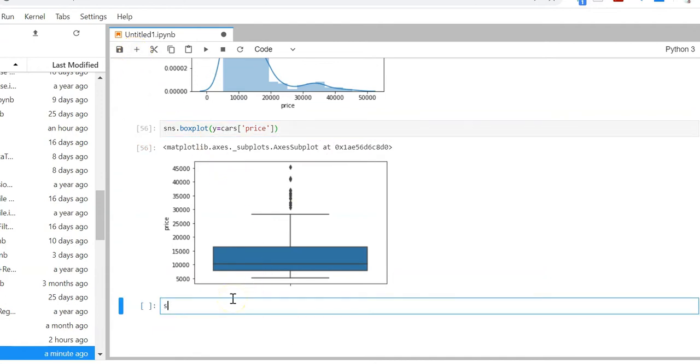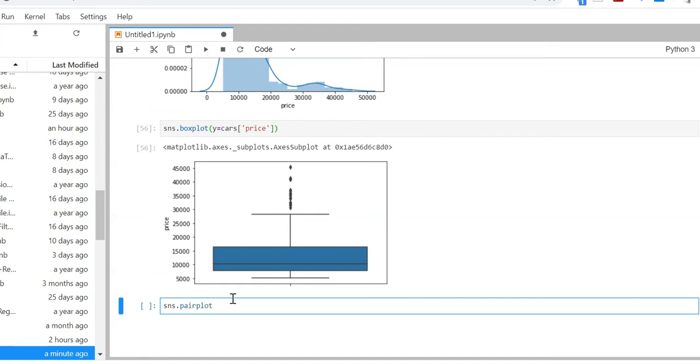So we have another plot which actually shows the variation and relationship between the various numerical columns. Basically it tells the correlation among the various columns which are numeric in nature. So for this we can use pair plot.